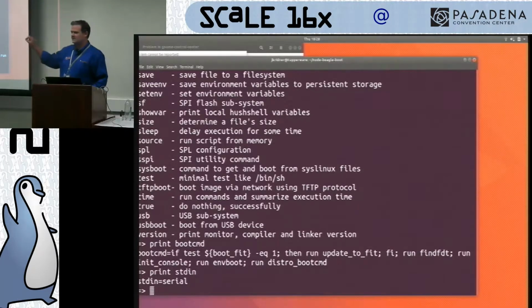If I put serial, comma, NC in those variables, that starts Netconsole. And usually when I'm doing that, I've always created a variable that sets all three of them at once. I don't know if it really matters or not, if there's a right order you can do it in, but I always set all three of them at once. So I do set environment, start NC,